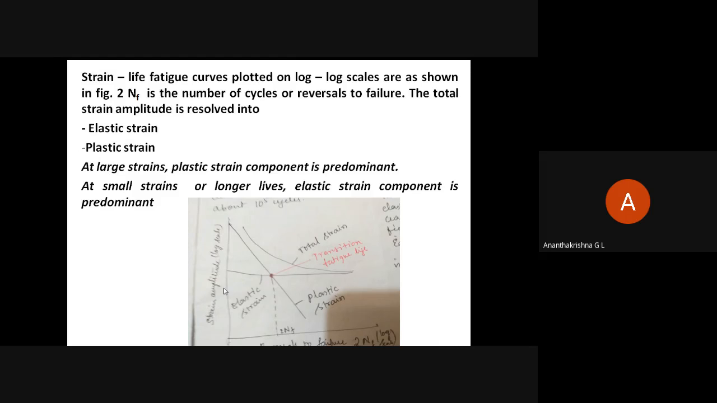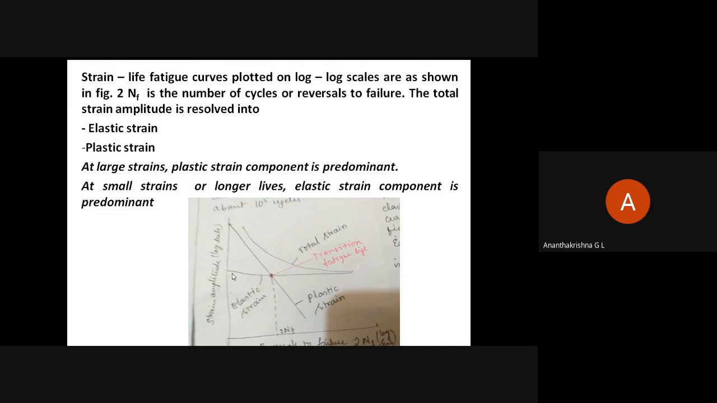Okay. So here, if you see, 2NF is the number of cycles or reversals to failure plotted on x-axis, and then this is the strain amplitude on a log scale. The curve that is indicated here is the elastic strain, and the steeper reduction line is called plastic strain. This line indicates plastic strain and this line indicates elastic strain. So at large strains, plastic strain component is predominant. At small strains or longer life,